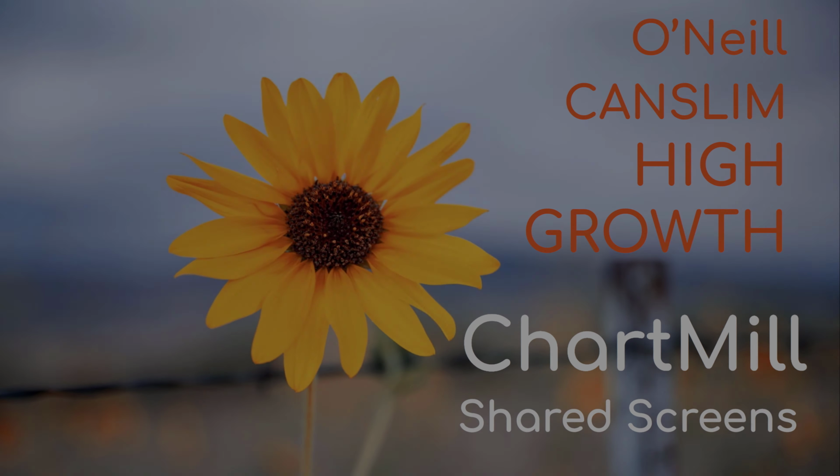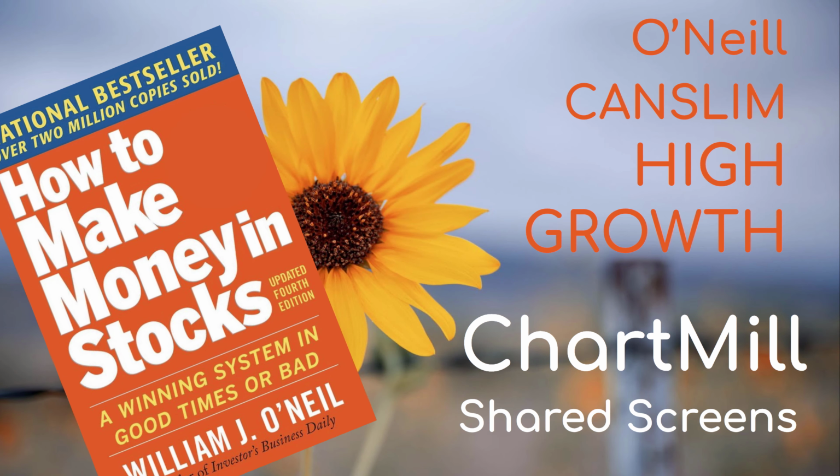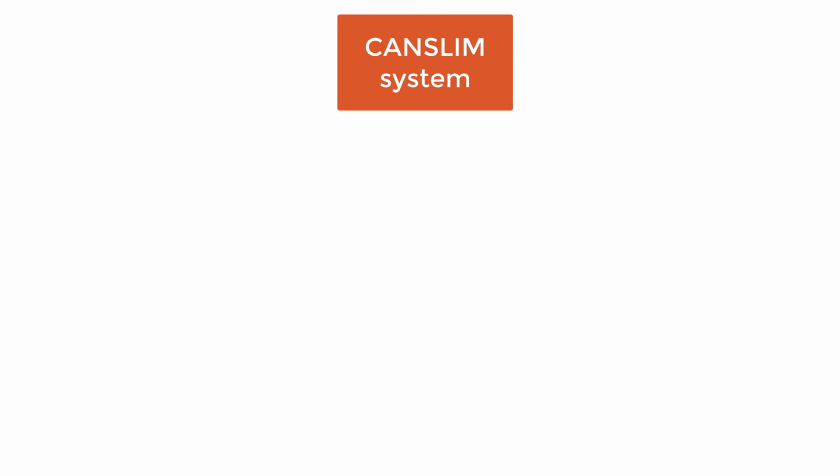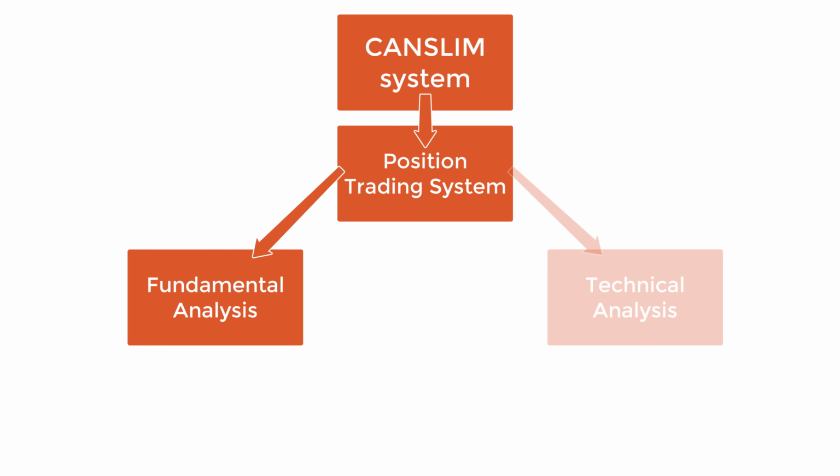In his best-selling book How to Make Money in Stocks, a Winning System in Good Times and Bad, William O'Neill introduces the CANSLIM system. The book was first published in 1988 and has had a couple of revisions since. Ever since the publication, the CANSLIM system has been widely adopted and remains popular until today. CANSLIM is a position trading system and uses fundamental analysis combined with technical analysis and is often classified as growth